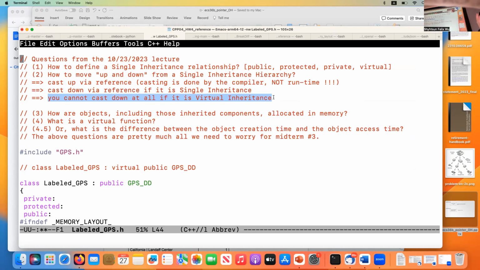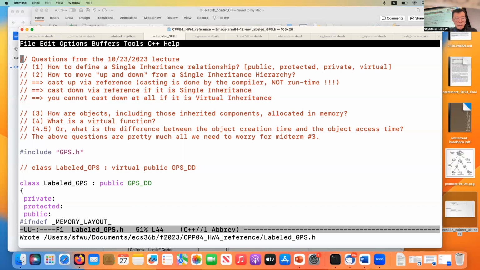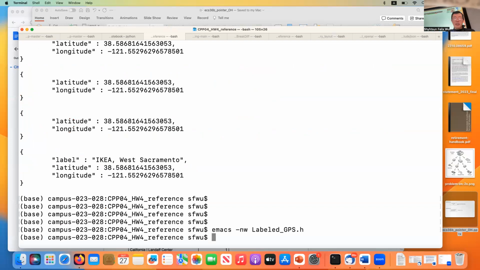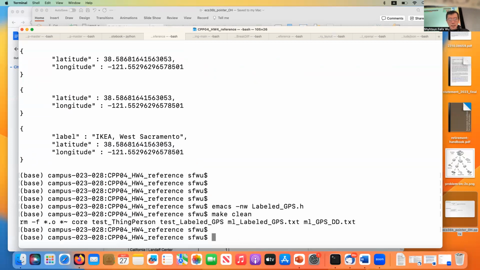You need to know what kind of information the compiler can know at the time you compile the program. The compiler's job is just to generate the executable. But if it misses certain information that's only available after you start running the program, then the compiler will just tell you an error. Let me first tell you what the error message is and what the difference is. We will dive into that probably after the next midterm to see exactly why. But I want to give you the warning at this moment. So let me make it clean.